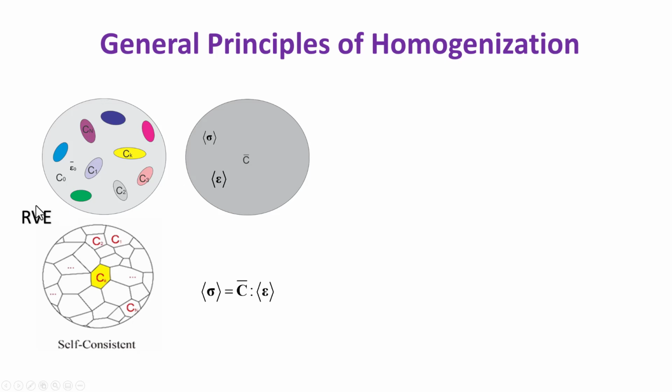Homogenization can be done either based on strain boundary conditions on the representative volume element, in which case we use the strain partitioning tensor, or based on the average stress on the representative volume element, in which case we use the stress partitioning tensor. Either way, the homogenization principles are similar, and I will use the strain partitioning tensor to illustrate the general principles here. So to reiterate, the average strain is this one: the volume-weighted average of the strains or strain rates of all the constituent elements.